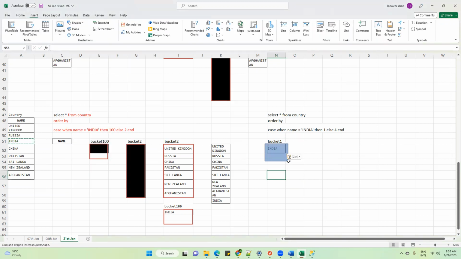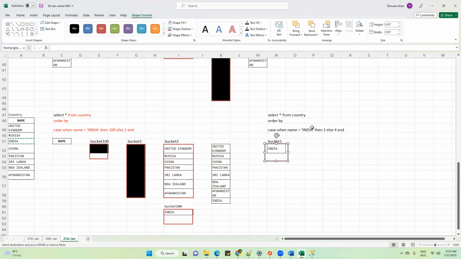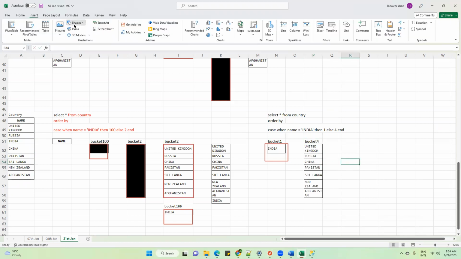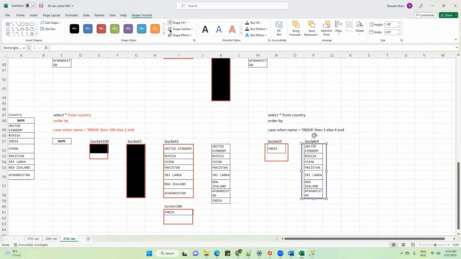Let me keep this in a bucket, so this is the India bucket. Else 4 means all the other countries apart from India. So basically 2 buckets are being created, bucket 1 and bucket 4, and in this bucket you have these values.